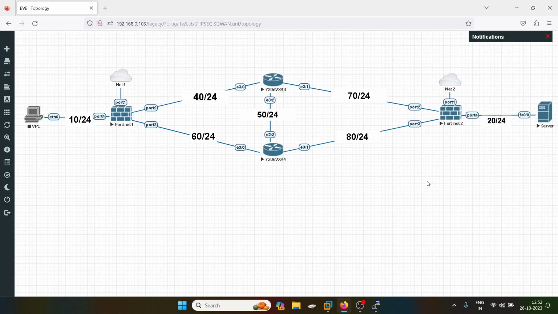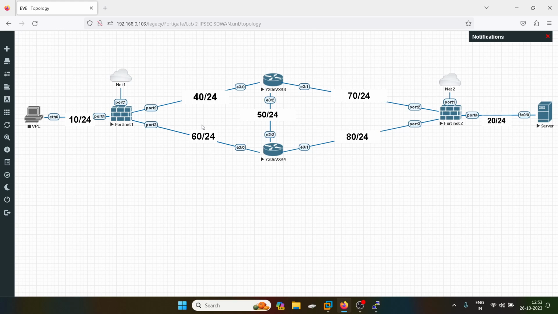So today we are going to do aggregate IPsec tunnels. What basically happens in aggregate IPsec tunnels is we are going to form a single site-to-site IPsec tunnel with this first link, and the second IPsec tunnel will be formed from this second link. Okay, and after that we will aggregate the interface. Basically we will combine them, and after combining them we will